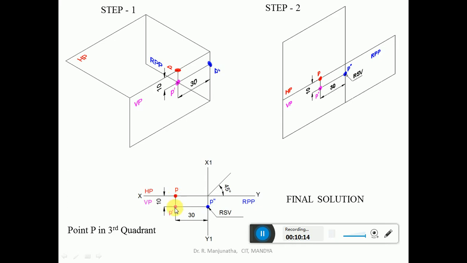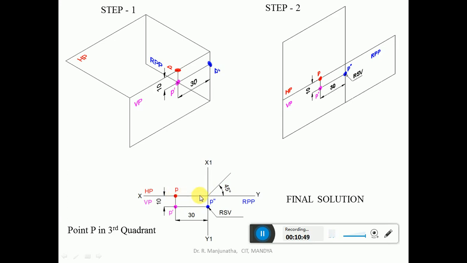So when you look from the right side view, we can see the distances of the front view as well as the top view. So the front view distance is directly projected onto the profile plane, which is in this direction. And for the top view distance, you draw a horizontal projector, and when it is to be rotated here, draw a 45-degree line adjacent to HP, wherein you are transferring the distances of behind VP, or in this case on VP. So this distance is onto the profile view.